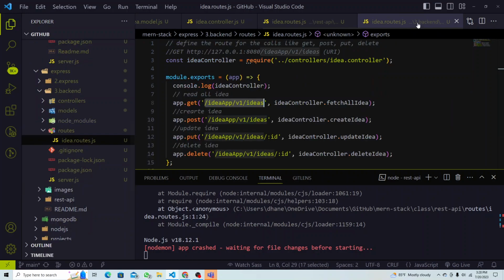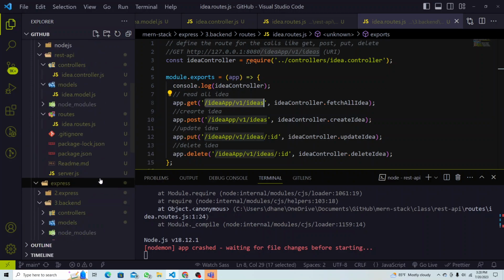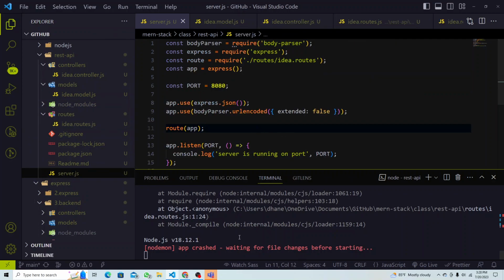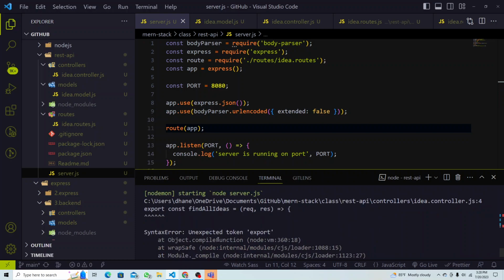Find all ideas, routes, right? Idea route. No, not this one. Where is my routes? So this is okay, this is fine, right? Just need to go to the server. So what is the error message? Let's read the